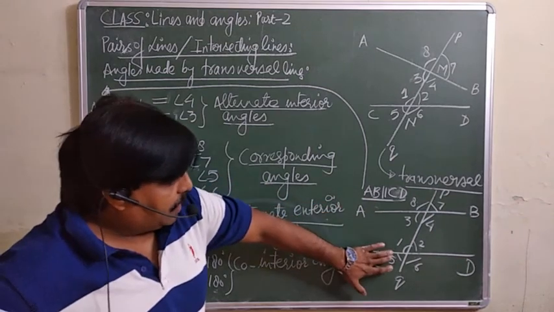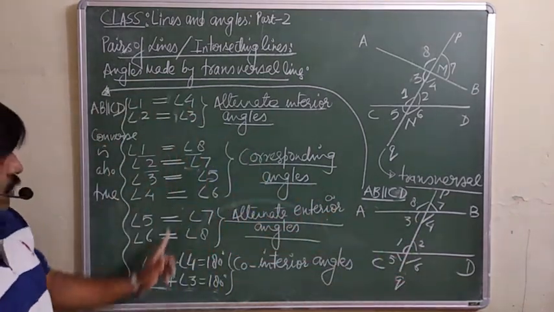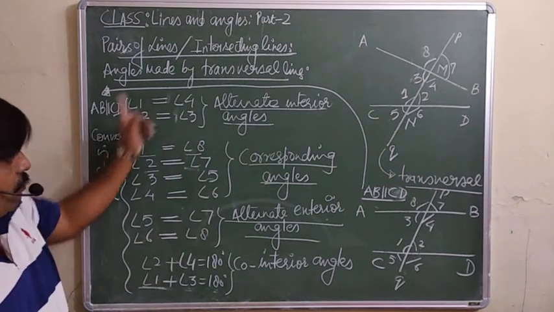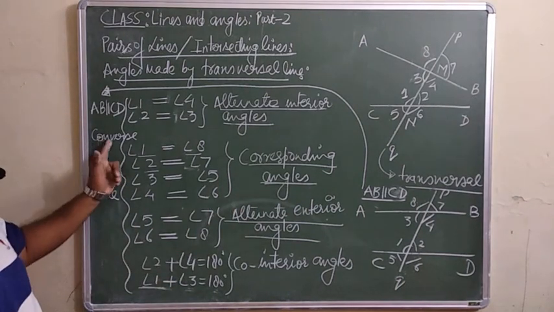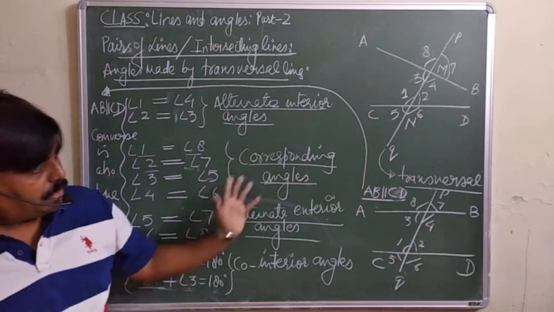If these are parallel lines intersected by a third, then these conditions are true. ये सब true होंगी. अगर इनमें से एक भी condition true होती है, तो lines become parallel. Have a look. Now we will take the question.